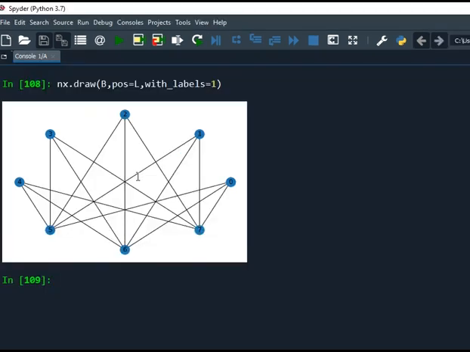Let's talk about the complete bipartite graph now. I have taken the example of K5,3. The first partite set contains 5 vertices, vertex 0 to vertex 4, and the second partite set contains 3 vertices, vertex 5 to vertex 7. Let's apply the greedy coloring approach for this graph and see the output first.